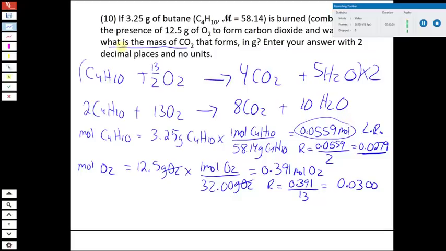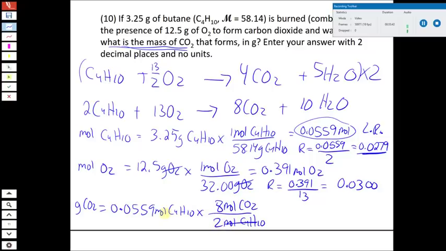So what we're looking for here is the mass of CO2 that forms. So we start with the moles of limiting reactant. We could also start with mass, but we already converted it to moles, which is the first step anyway. So we'll start with moles of limiting reactant, C4H10. Once we have moles of limiting reactant, we use coefficients in the balanced equation to relate that to the moles of product that form. So we're looking for CO2, so we know we want C4H10 to cancel and convert into moles of CO2, the product that we're looking for. We have a coefficient of 8 for CO2, a coefficient of 2 for C4H10, and so that's how many moles